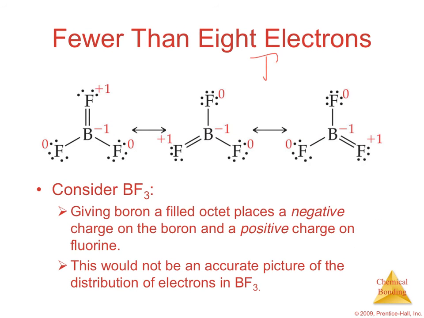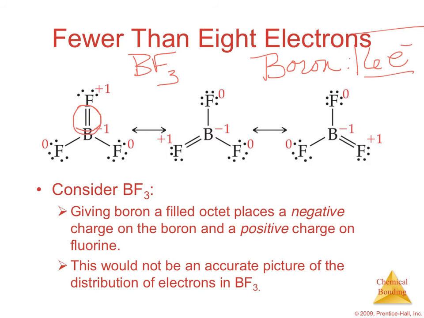Boron is another exception. Boron is happy with 6 valence electrons around it instead of 8. Okay, just have to memorize that. If you were to draw, let's say, boron trifluoride, the Lewis structure, and if you tried to turn one of the boron-fluorine bonds into a double bond so that boron would have an octet, you would find that by doing so,